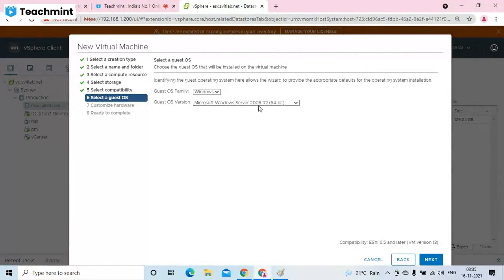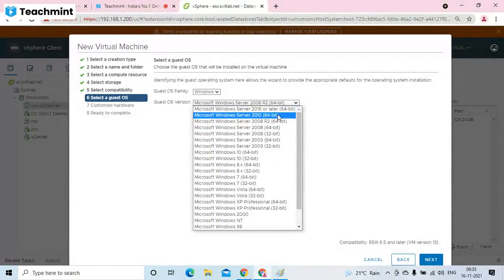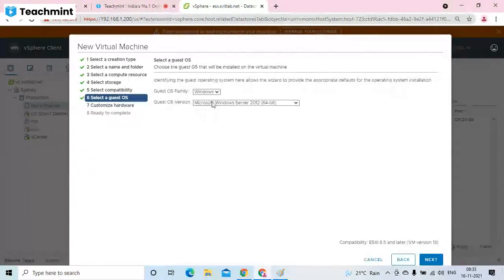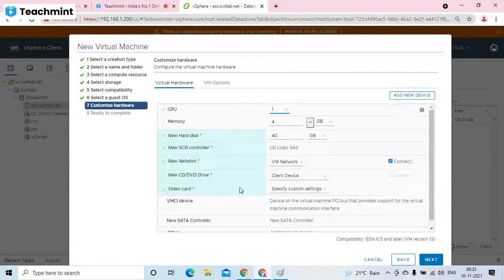So Windows 2008. Let it be Windows here. So 2012 or 16. We have both ISO images. I'll select 12. Next. I'm not installing operating system here. I'm just selecting operating system type here, which OS I need to install on this VM later. I'm not installing OS now. I'm preparing a machine to install this OS. The machine hardware components will be chosen automatically to suit this operating system. Whatever the hardware components needed to install this operating system will be automatically selected in the next page here.